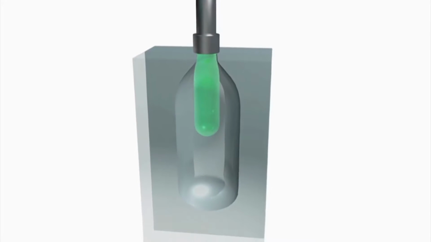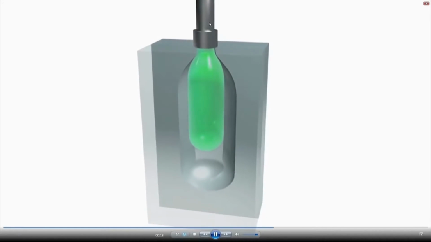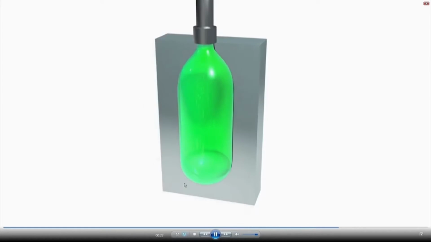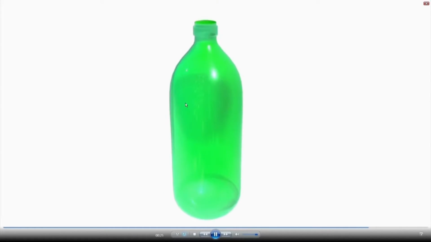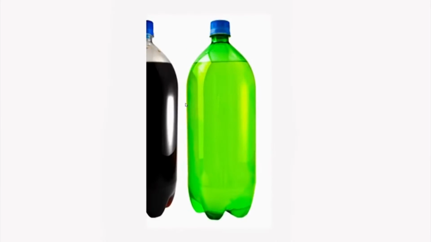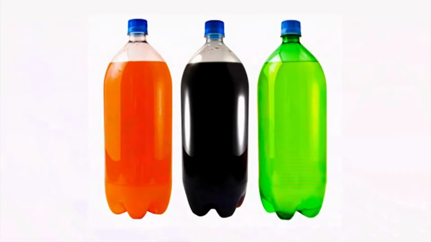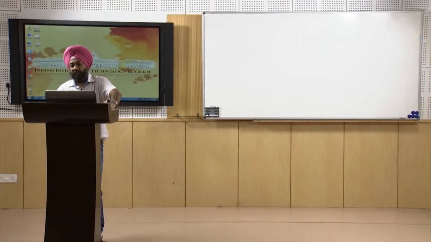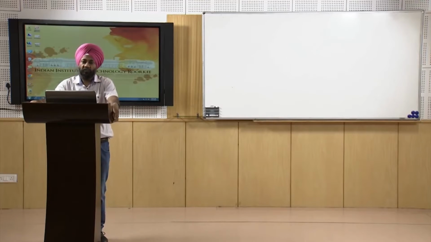You can see the mold is already closed. This is a Parison, air is coming from the top and it is inflating the raw material. It is adhering to the shape of the mold, and finally the mold will open and the product will take its final shape. There you can see a most simplistic representation, polyethylene terephthalate. Once again you can see the simulation.